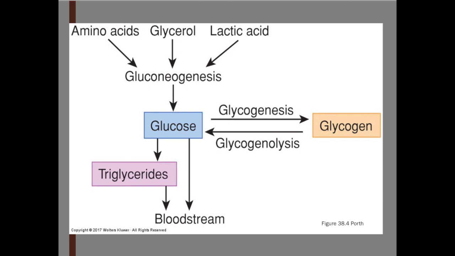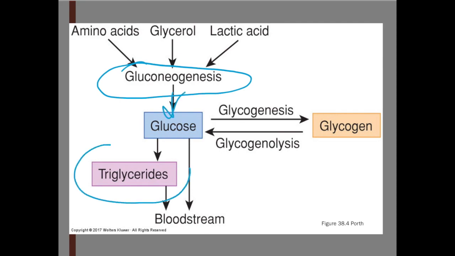Just in case you've forgotten what the liver does in terms of glucose, right? Which you haven't, but we've got all that glucose. Now we know. So that glucose is coming into the liver through that portal vein from the intestines. We've eaten carbs and we need to break that down now. And so the liver is what's going to break down and rearrange kind of all of those pieces. So you've got your gluconeogenesis happening, the creation of glucose, you've got the creation of triglycerides, and that's just using